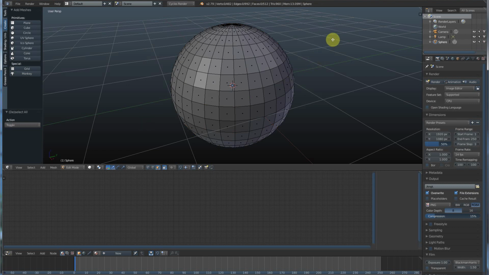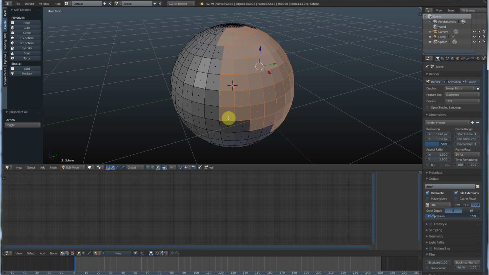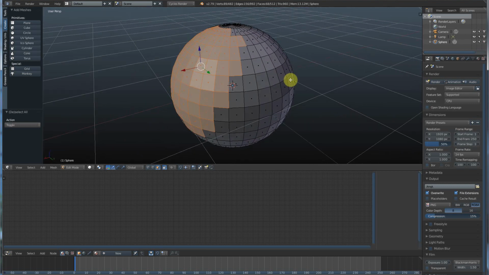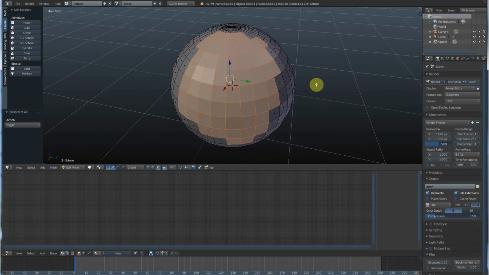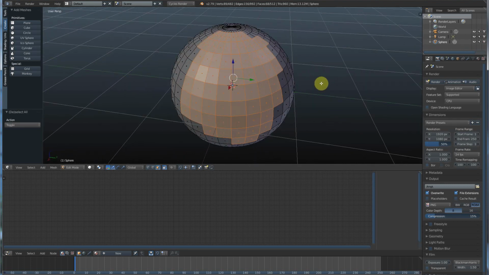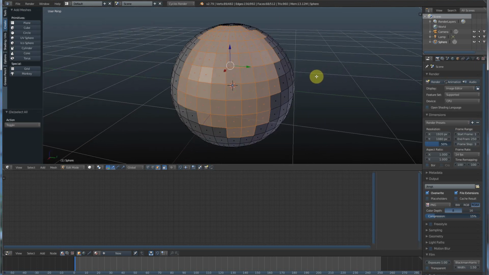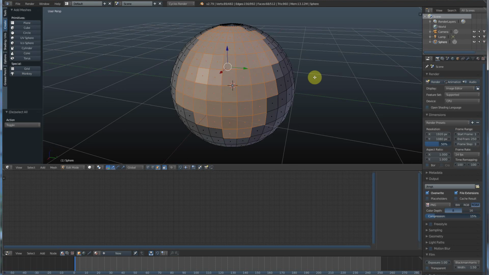Now, if I just let go of B, and I select a few things, you'll notice that it only kind of selects what's visible. Now, I've gotten some questions over the years from people who get very frustrated with this very quickly. Blender has a really cool way of letting you select everything, and that's this little icon down here. It's called Limit Selection to Visible. If you unclick that,